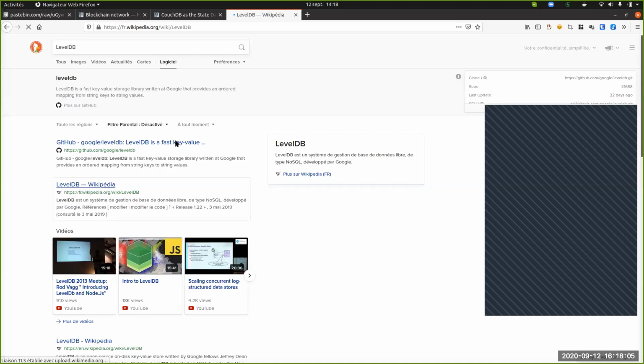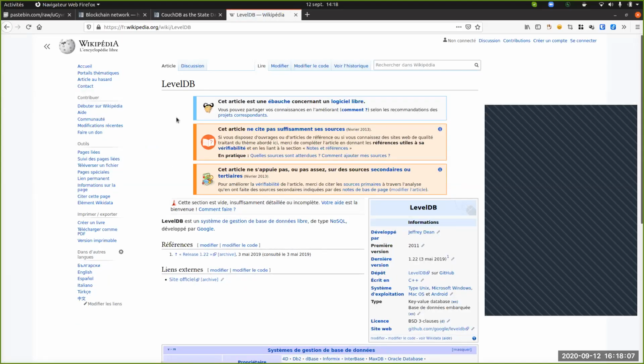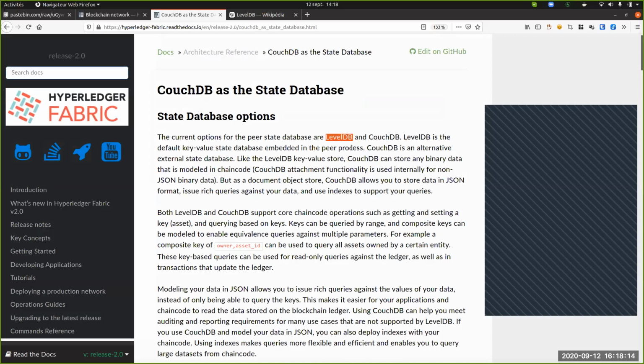It is a NoSQL database. It is a very simple one, based on the key-value function. You have a key, and beside it you have a value. But for our need, it won't fit. It is a very, very simplistic database, really. It is more of an example, something very, very simple. But for our need, as you can see here,